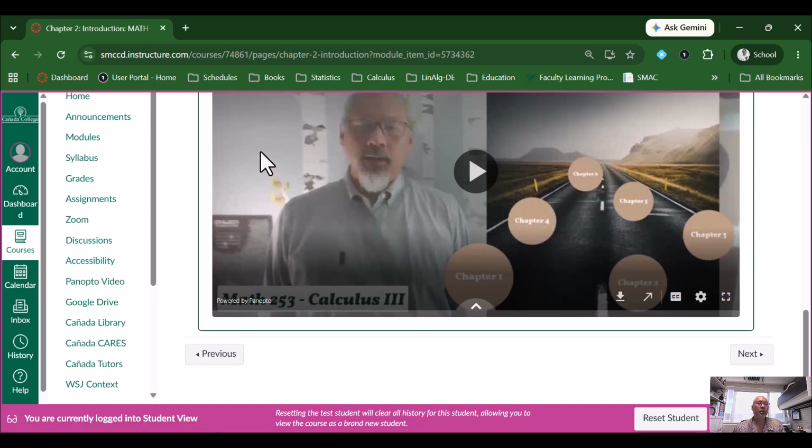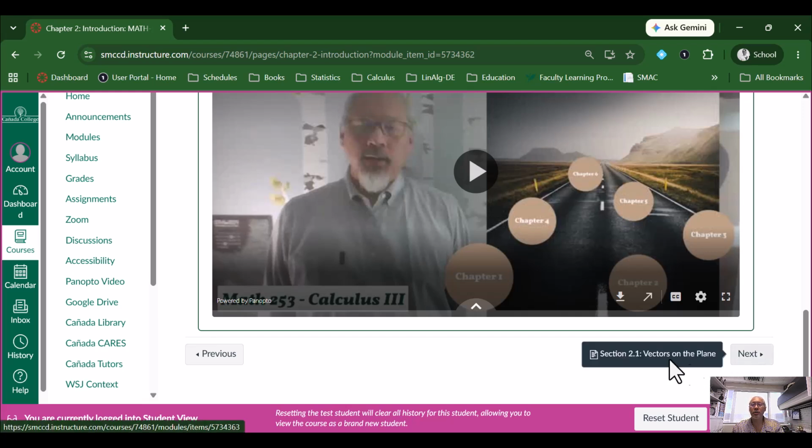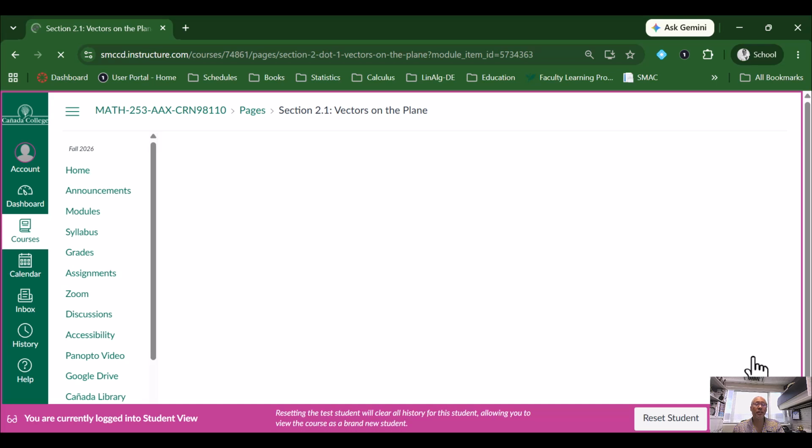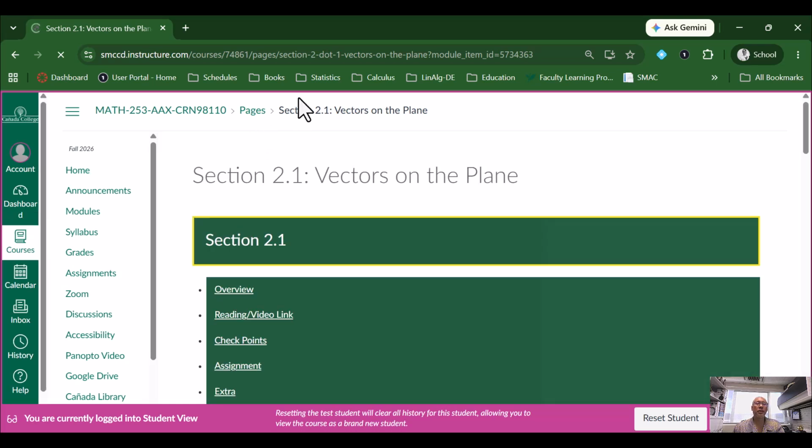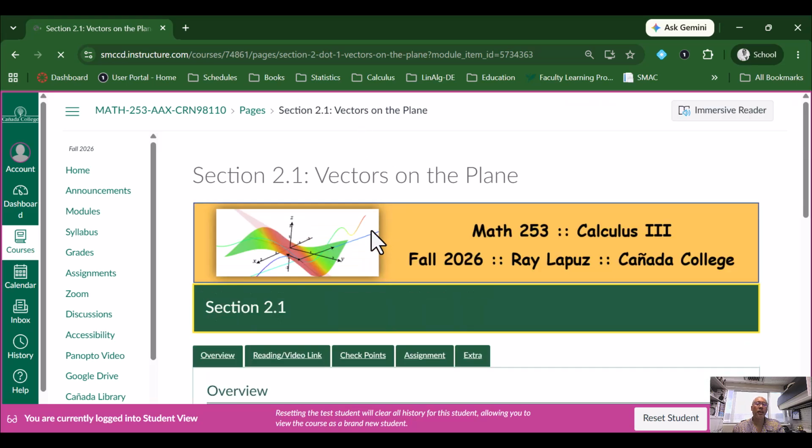Now you can go back to the modules page and then look at the whole view again for the chapter overview, or you can click on next. And if you click on next, it's going to take you to the section. Here is the first section in chapter 2, section 2.1. And in this section,